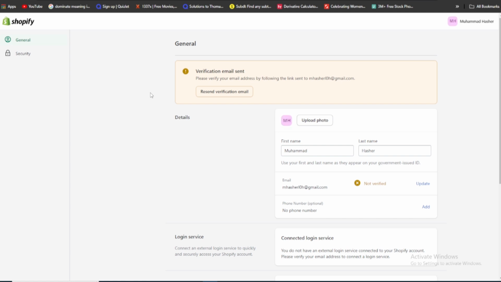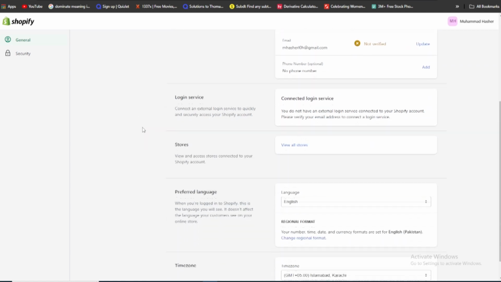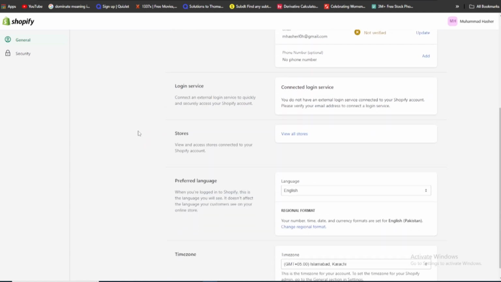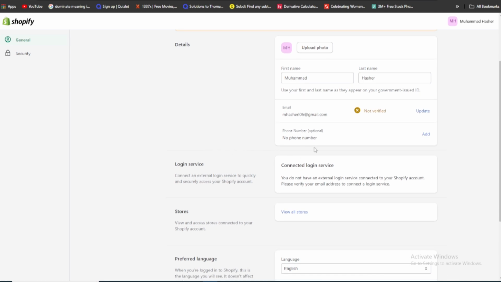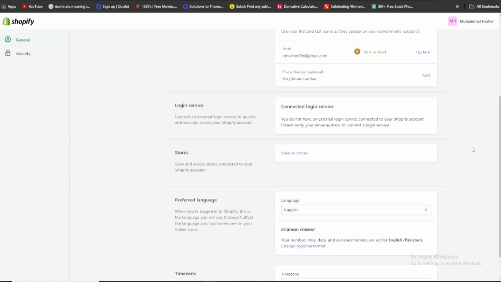Here you have to verify a few more things. The one more thing is to remove any login services you have owned. For example, you have another account linked with this account, for example your Google account, your Facebook account, or any other. The other thing is to remove your phone number. Before deleting your account, you have to remove your phone number and then you have to move to the security